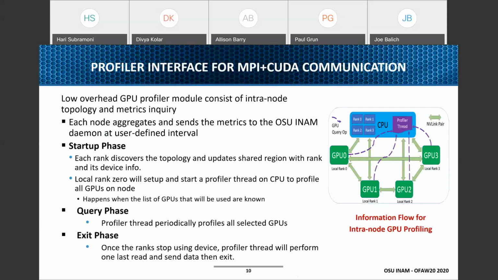This keeps progressing in the background while the application is running, so that we have real-time progression. And finally, when the application is ready to quit, we have the exit phase, where the ranks stop collecting the data, and the data is finally sent out to the OSU INAM process.